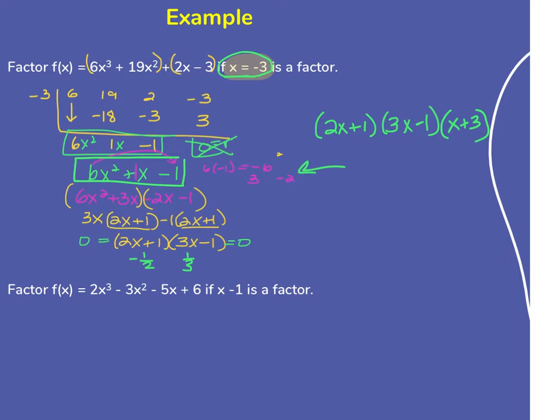Any other questions? Oh, go ahead. When you first started, you said something about like taking away a degree. What did you mean by that? So reducing it a degree, like if you look at this first equation, the degree is the highest exponent. So the degree on that equation is 3, right? Which means it's cubic. To reduce it a degree means you find a root and your quotient, which is this thing at the bottom here,